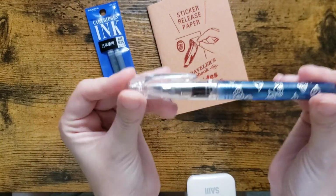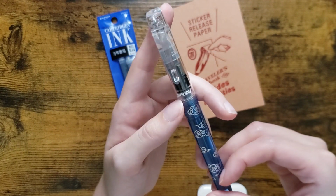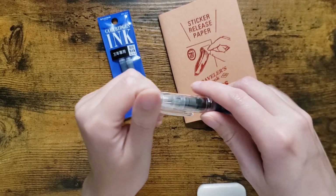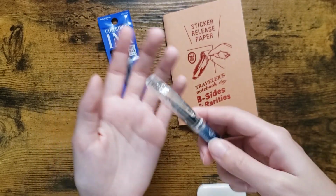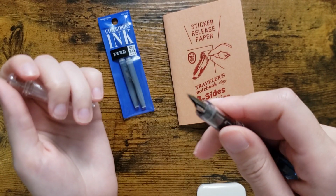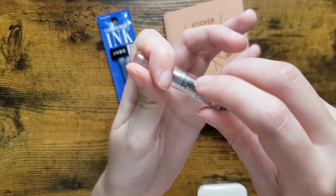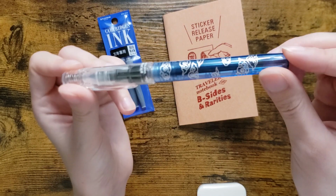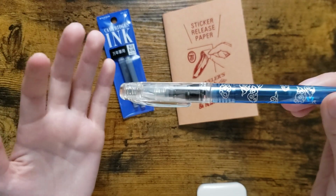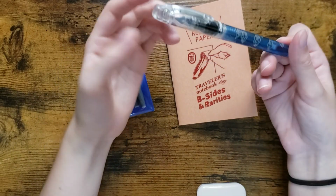But anyway, so I got this one, which is a Platinum Preppy. Oh geez, look at my camera work. Yeah, this is a Platinum Preppy pen, which is a well-regarded cheap fountain pen. This is $7. This is a special edition one in the fine nib. Ta-da! Yeah, and it's special edition because of this design, which is like a traditional Japanese cloud design. They're called something that starts with an R, but I don't remember specifically. And it's gorgeous, and it's fine,